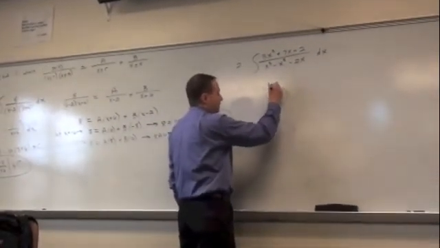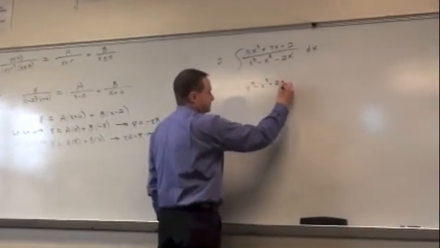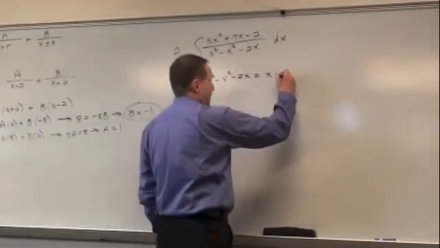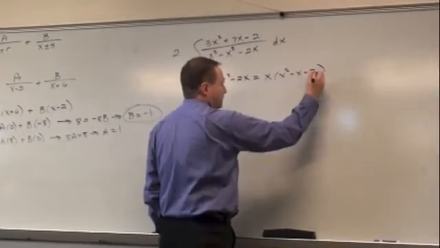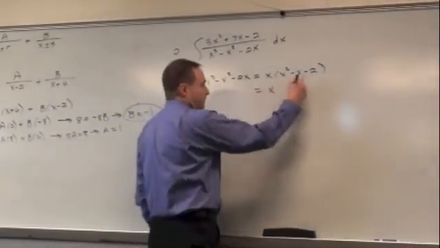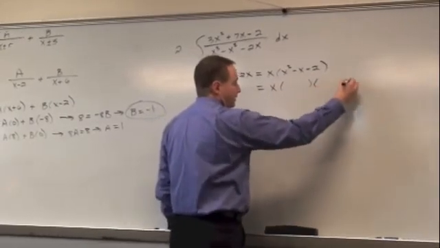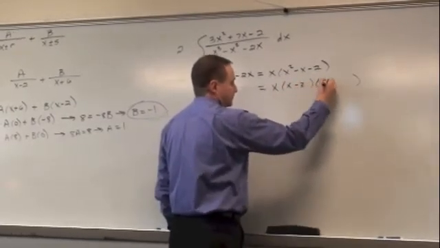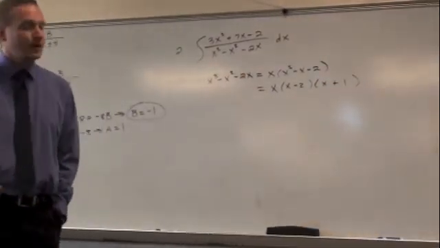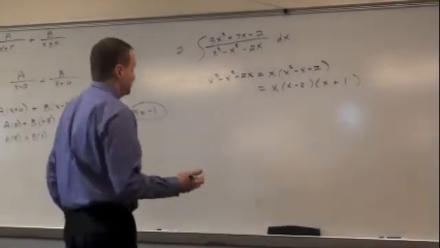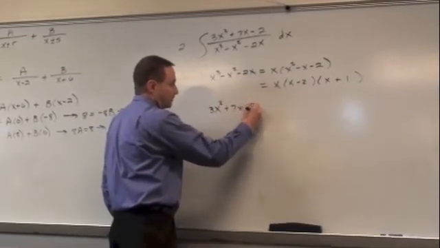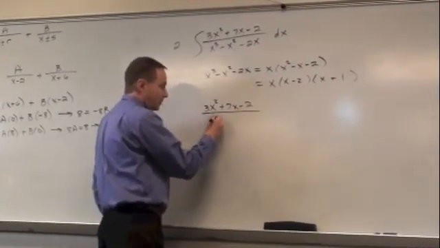So I'll just say, okay, work with the denominator then. Clearly an x is a common factor, and you'll be left with x squared minus x minus 2. And then, boy, I didn't make this one too challenging. Factors of negative 2 that sum to negative 1: negative 2 and 1. So that's the factorization of that denominator. Now, what I need to be able to do then is try to take 3x squared plus 7x minus 2 over this factored denominator